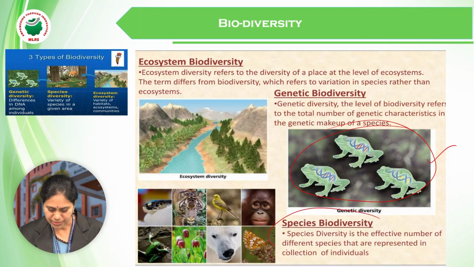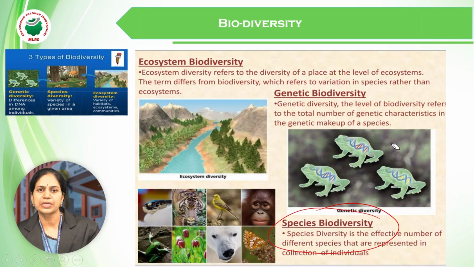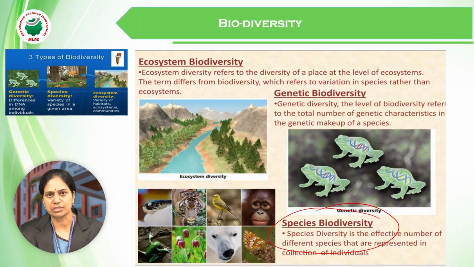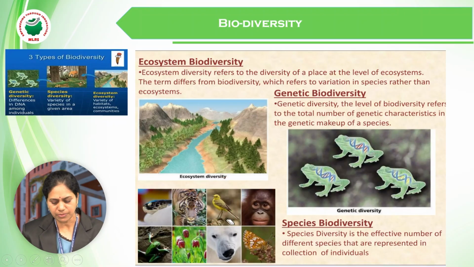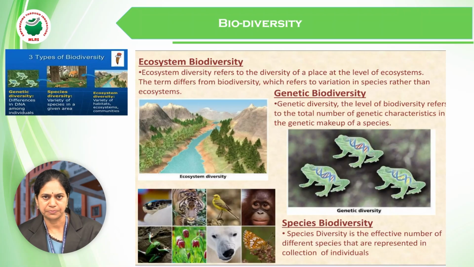Next, species biodiversity. As I was telling you, according to your report, around 50,000 species are present on this earth. So you can see there are different varieties of species here. Some are mammals, some are unicellular organisms, some multicellular organisms. Yes, all of them are living. So that is what I mean by species biodiversity. So, three levels of biodiversity: genetic diversity, species diversity, and ecosystem diversity.